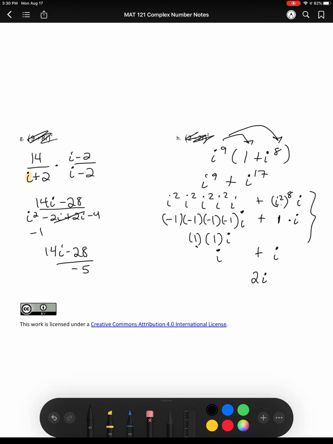So you don't have to work this out every time. Just keep in mind that if the exponent is even on the i squared, then you're going to end up with just 1, which I have demonstrated here. I hope that makes sense. But make sure that you take some notes and write down your questions, and we'll go